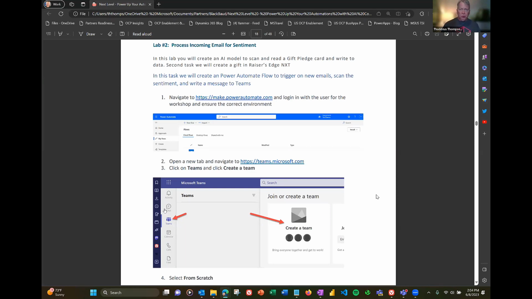If you do this example, we're first going to create a team. So wherever your environment is, we would just go to Teams at Microsoft.com. What we're using it for is to write the results of a sentiment review into